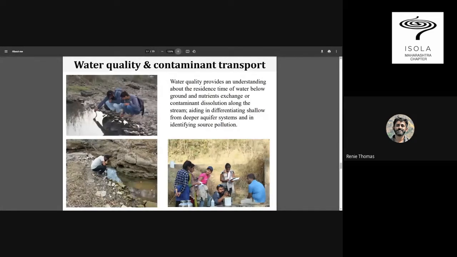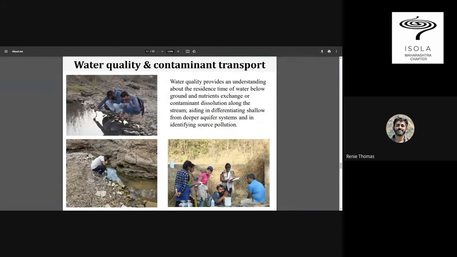So along the stream, right from the ridge to the valley, we do this exercise of understanding different water quality parameters, and certain parameters also tell you how long water has been residing, whether it's fresh water, which has a TDS or salinity of 40, 60, or deeper groundwater, which is like 500, 700 salinity TDS, which shows a lot about how long that water has been residing in the aquifers.